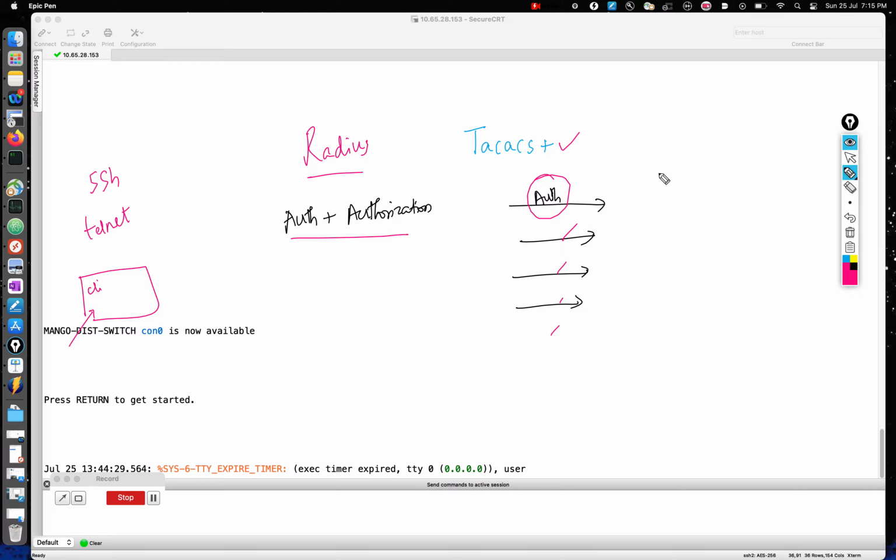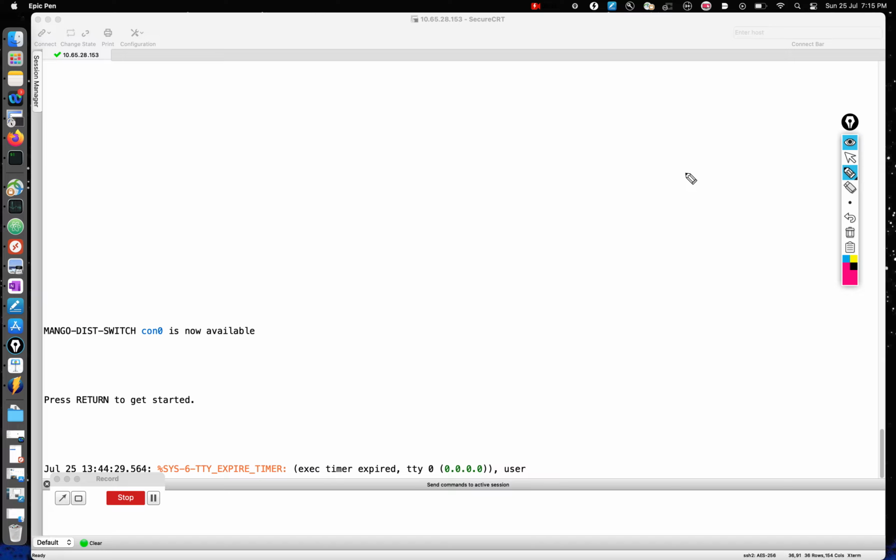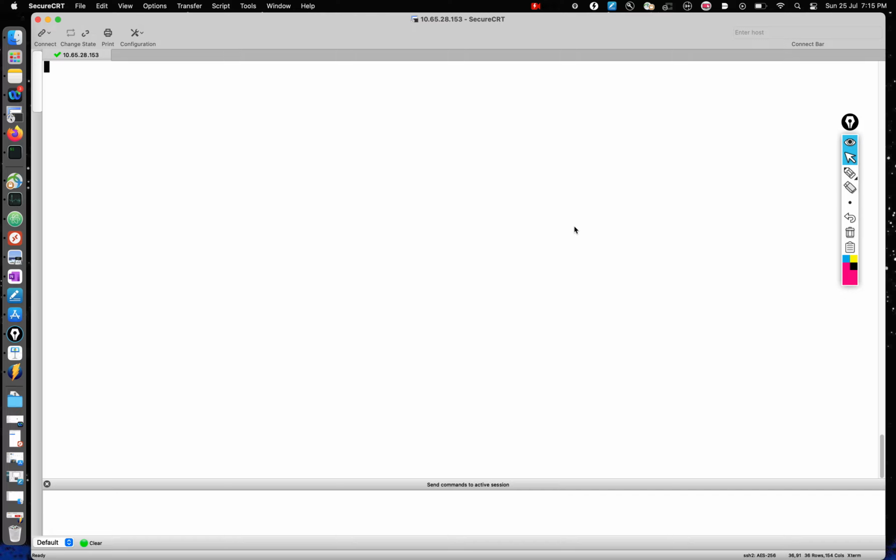So yeah, that's one important part of why we use this particular protocol. Okay, now probably, if you want to go a little bit deeper into this, just to understand the packets a little bit,